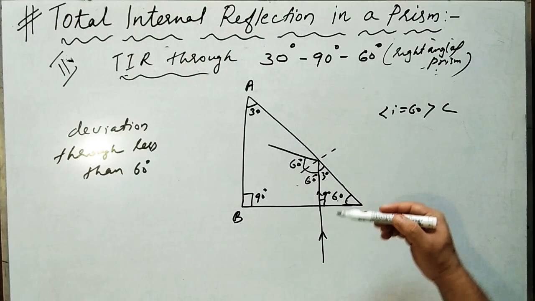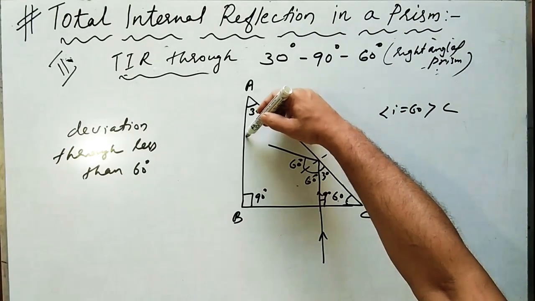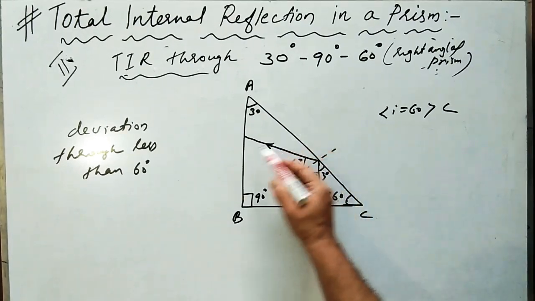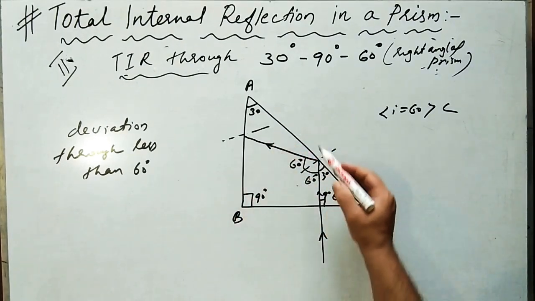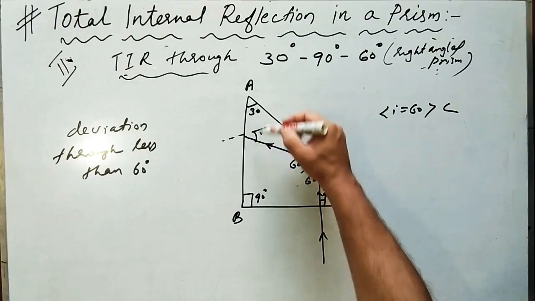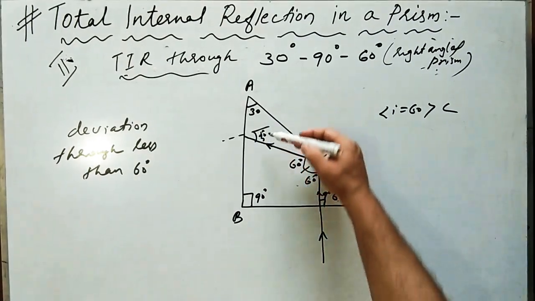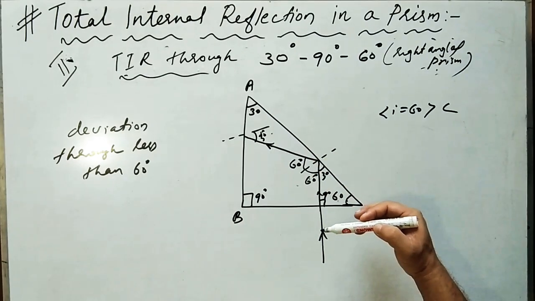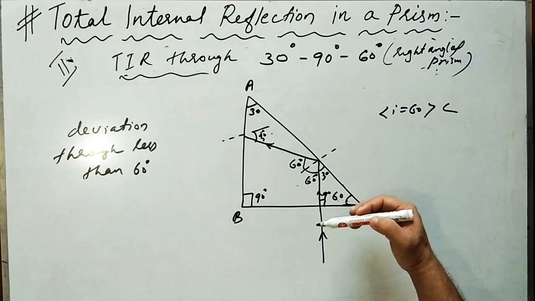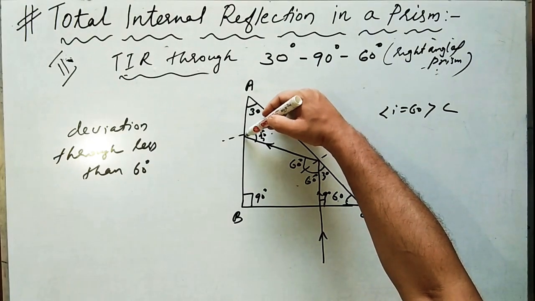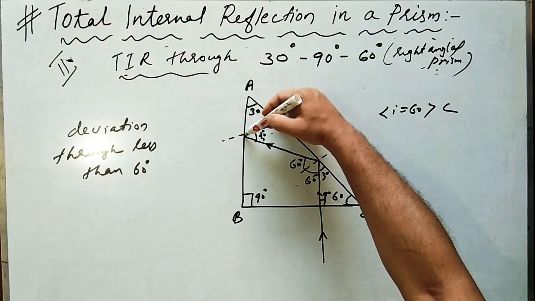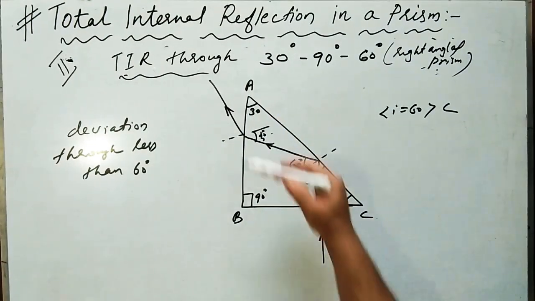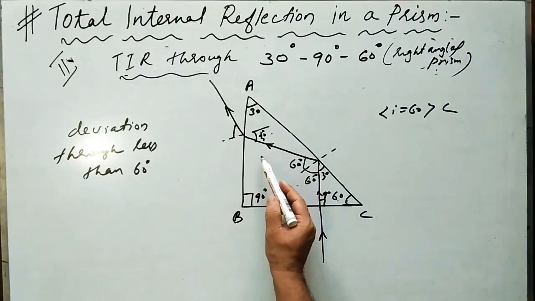So the angle of reflection is further 60 degree and the ray is getting turned through 60 degree, striking the surface AB. Draw a normal, an angle of about 30 degree. So this angle of incidence at the surface AB is 30 degree, which is lesser than the critical angle, and as a result, in place of TIR, it will refract out, it will emerge out, deviating away from its normal, as the ray of light is traveling from denser medium to